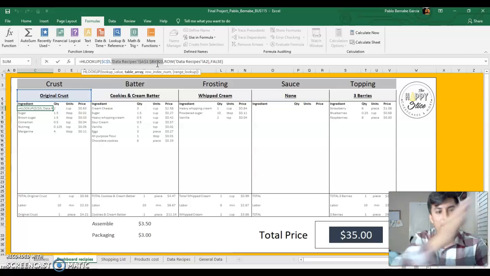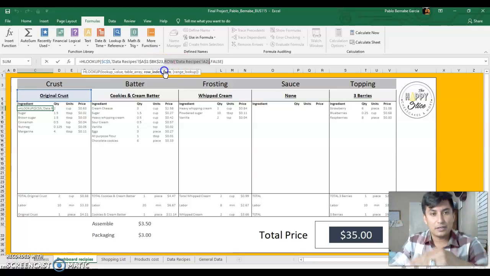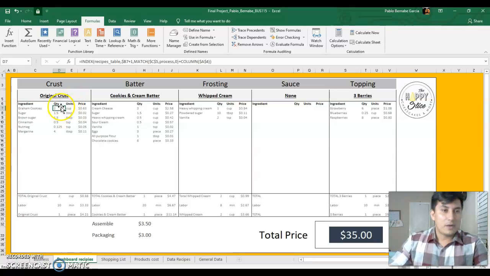So it's going to find the original crust in this case, and it's going to return the row, and the row is going to be the one right below original, with a false argument, so it's going to return an exact quantity. For the quantity, I use an INDEX function,